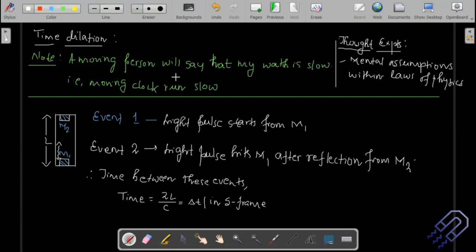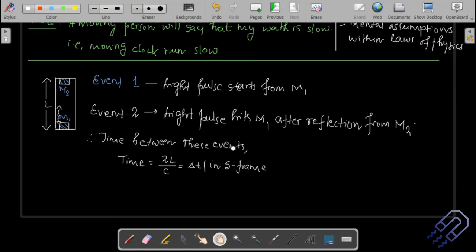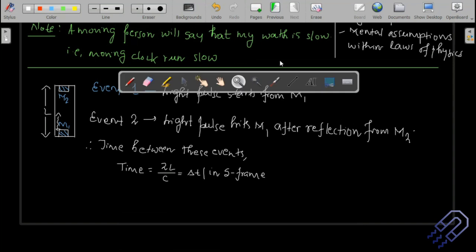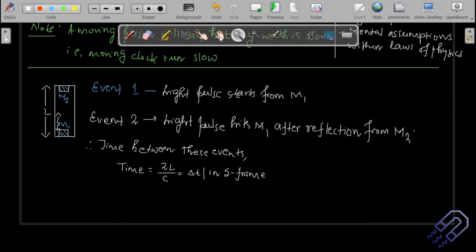Now, interesting is that suppose you are in another system and that particular system is moving. In general, we are going to observe this from a moving frame of reference. That means we are outside, and maybe this frame is moving or our frame is moving. As I told you, this is actually a thought experiment.